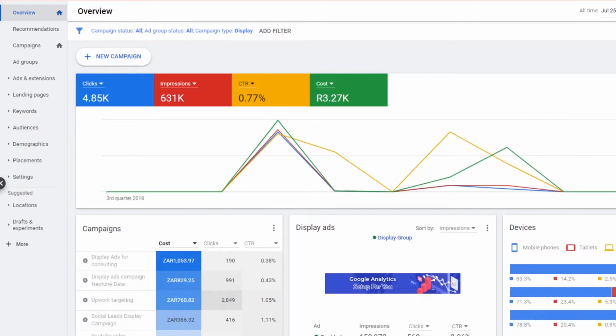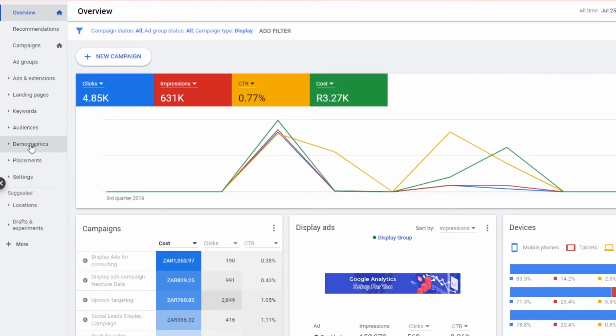Okay, so the first thing I need you to do is I want you to make sure that you can see all of your account data. And that requires you to switch over into expert mode. And if you're not in expert mode, you are missing a ton of data that's going to be helpful to you in making your decisions on your campaign and with your Google Ads account in general.